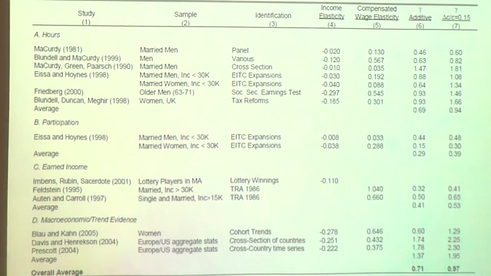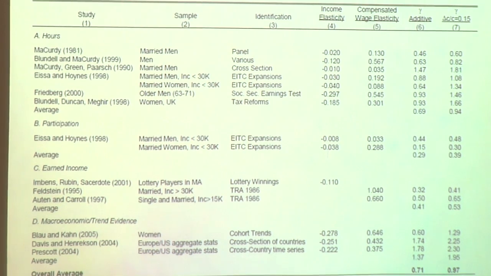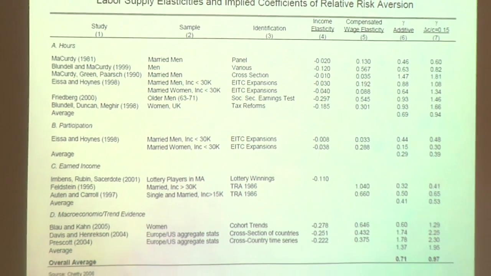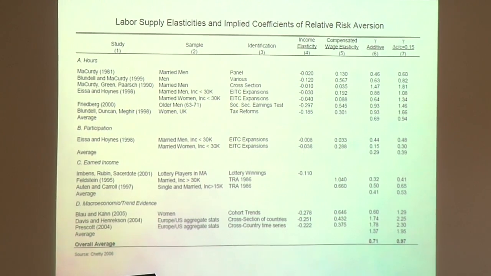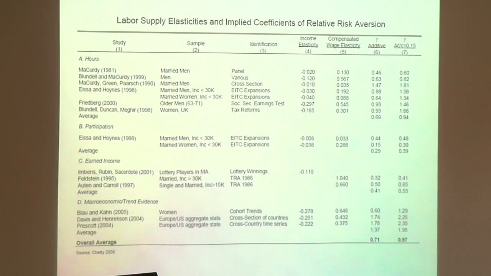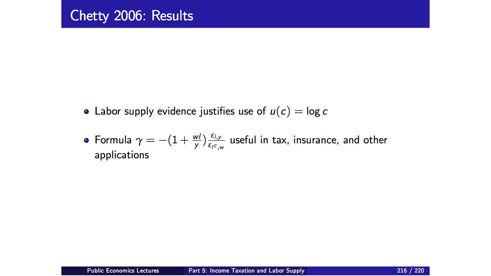And the fundamental reason is nobody finds massive income effects relative to substitution effects. And that is a useful property because what it justifies basically is writing down a log utility function. It says that a log C utility function is a pretty decent approximation and is consistent with the labor supply data, which is useful for pinning down optimal income taxes and various other things. Okay, and so then we'll see how this formula actually ends up being applied in a bunch of other stuff that we'll talk about.